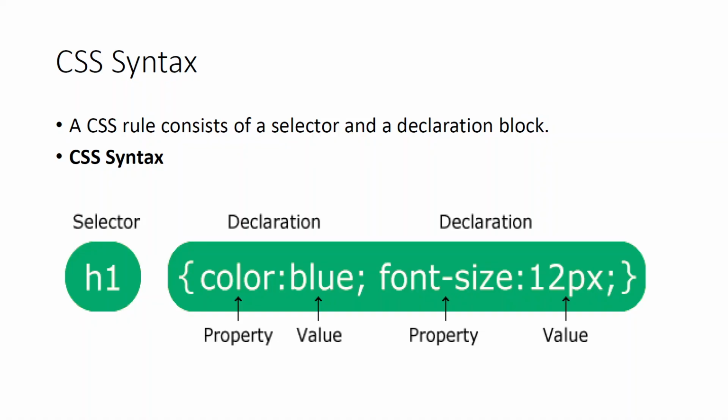And in a declaration block, we can have one or more declarations. And for each declaration, we do have what we call the CSS property. And then we have a value for that CSS property. So a property has a value. The property and the value pair are separated by what we call a colon. Then in the declaration block, if we have more than one CSS declaration, we separate the individual declarations using a semicolon,